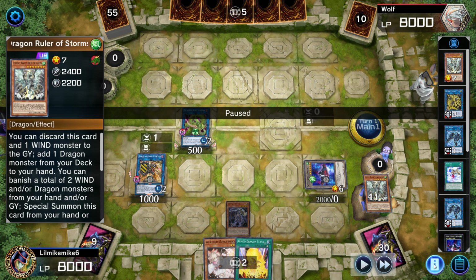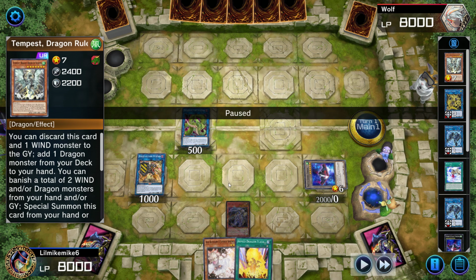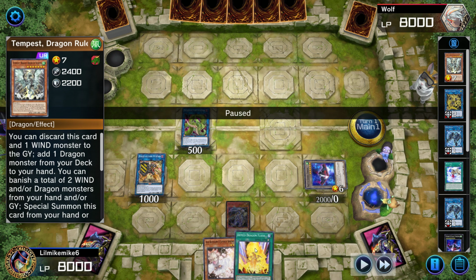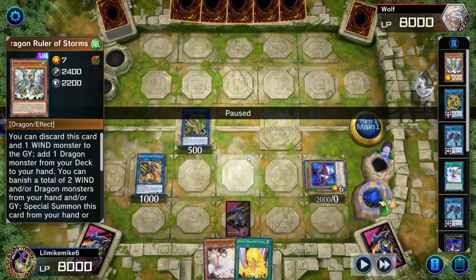I'll show that I haven't normal summoned yet. So I still got my 1 right there. I don't know if y'all can see right there, there's a 1. It means I haven't normal summoned yet. So I could activate Flash, normal Ash, or activate Tempest, bring it out, or Burner, bring it out, and then